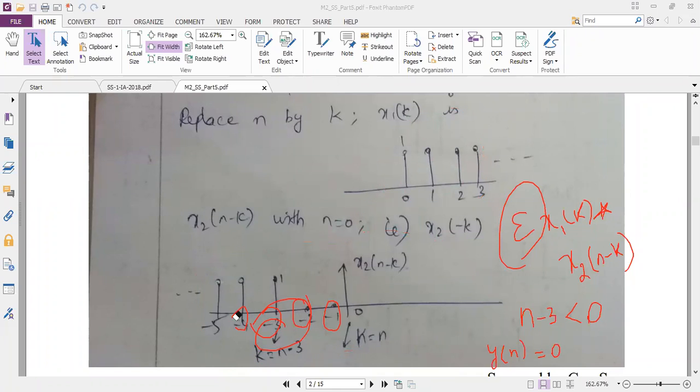Yes, ma'am. So n minus 3 less than 0. Less than 0 means, see here 0 is present here. I have done the multiplication and I am not getting anything, so my output is 0. My output will be present when n minus 3 is greater than 0. You can ask me, ma'am, how we will get the output? Because when we did the previous problem, we kept shifting the samples towards the right hand side and performed the multiplication. So when n minus 3 is greater than 0, I will get the output.